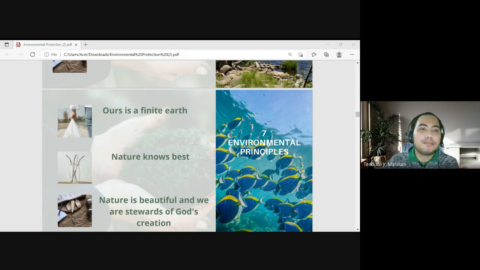Next, the sixth principle. Nature is beautiful and we are stewards of God's creation. What does it mean? Meaning, ang kalikasan daw ay maganda at tayo ang tagapangasiwa ng lahat na nilikha ng Diyos. Okay? Different religions from Islam to Buddhism to Judeo-Christian to indigenous people, animism, express the belief of caring for the earth, including all